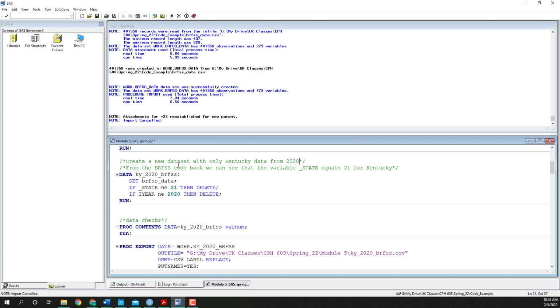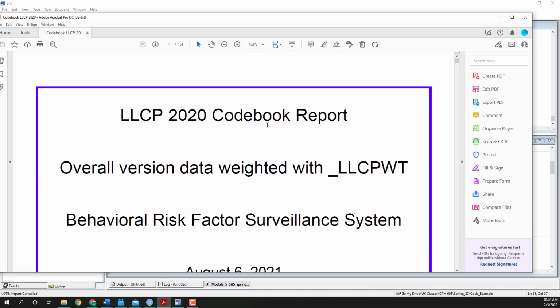So the first thing we need to do is figure out how the state names are coded in the data set. To do this, we're going to use our code book. Here I have the codebook pulled up. The codebook is a really big PDF, so I'm going to show you a trick for navigating large PDFs. If on your computer you hit Control F, or if you're on a Mac, I believe it's Command F,